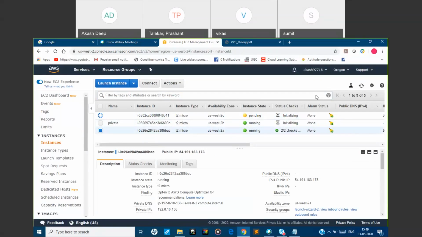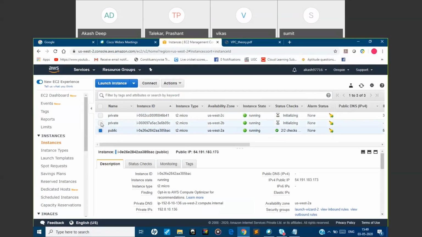So basically, we have 3 instances up and running, and we'll name them to differentiate. These 2 instances are private, and this one is the public. Public and private are nothing but whether the instances got launched in a public subnet or a private subnet.